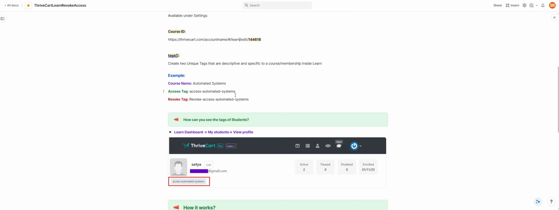One is to grant access and one is to revoke access. Because unless you are granting access to a student, there is no need to revoke access, right? So make sure to create one grant access tag and ensure that it is descriptive as well. For example, the course name is automated systems. The tag should be something like access automated systems, because this is the way you are identifying that this is